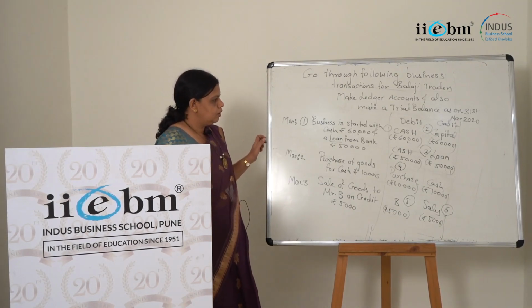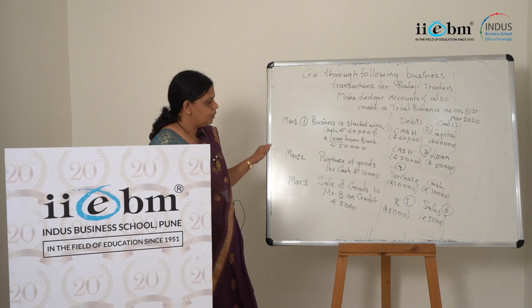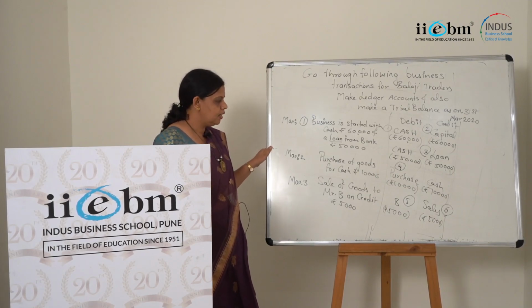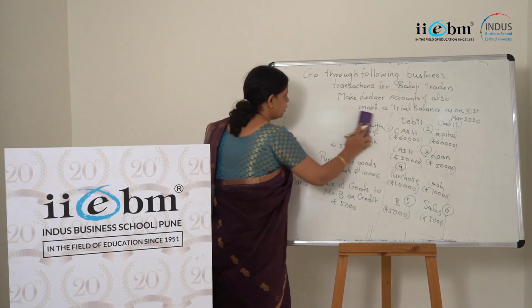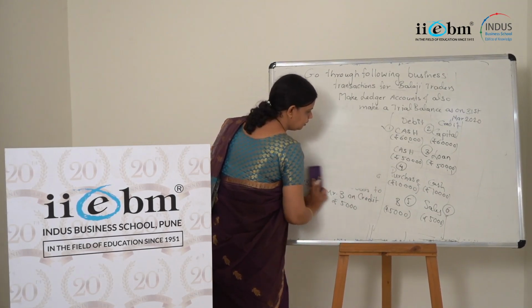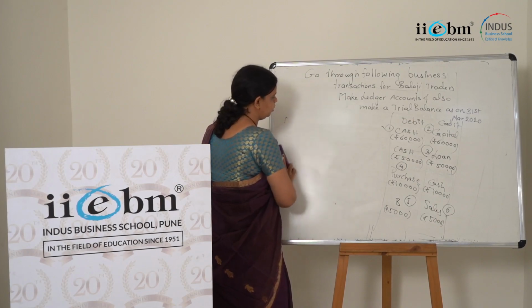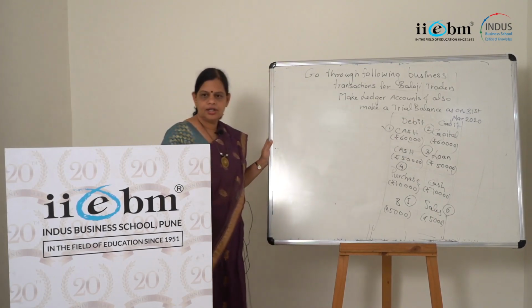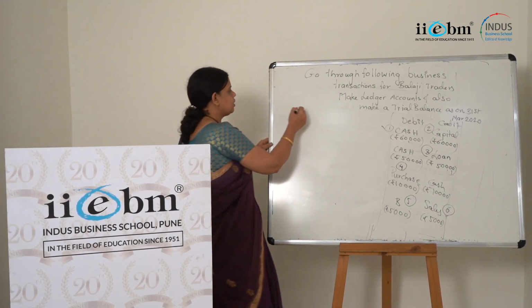Now if this is true, if I want to make 6 different ledger accounts, then how to make them and how to solve this problem, right? So let me solve this problem here. Now I have rubbed out all the transactions because I have the data now, right? So let me start with the cash account.